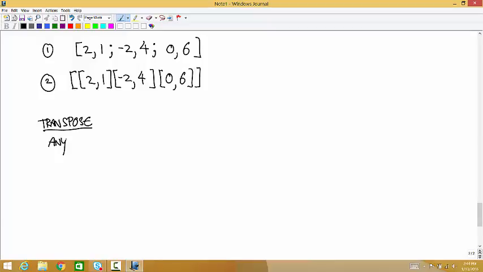So any matrix has a transpose defined by element A, i, j,